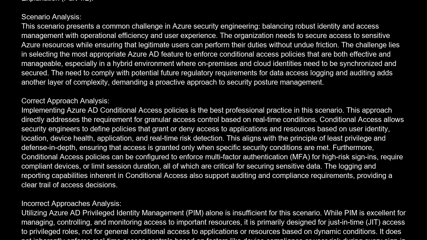Correct approach analysis. Implementing Azure AD conditional access policies is the best professional practice in this scenario. This approach directly addresses the requirement for granular access control based on real-time conditions. Conditional access allows security engineers to define policies that grant or deny access to applications and resources based on user identity, location, device health, application, and real-time risk detection. This aligns with the principle of least privilege and defense in depth, ensuring that access is granted only when specific